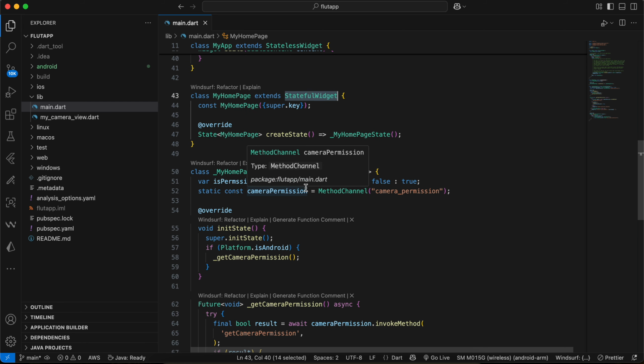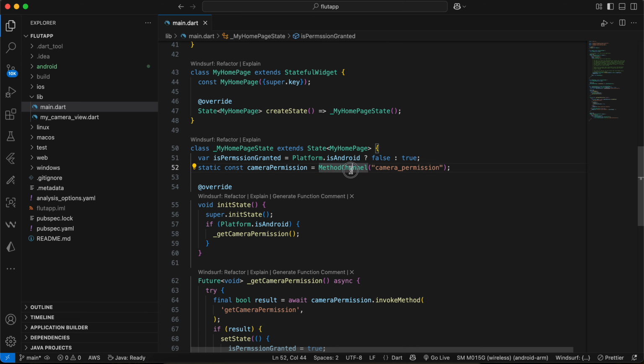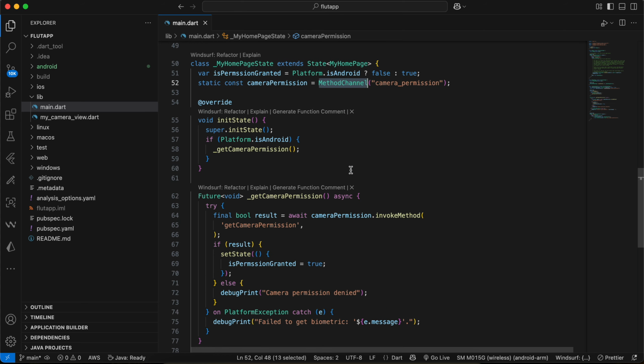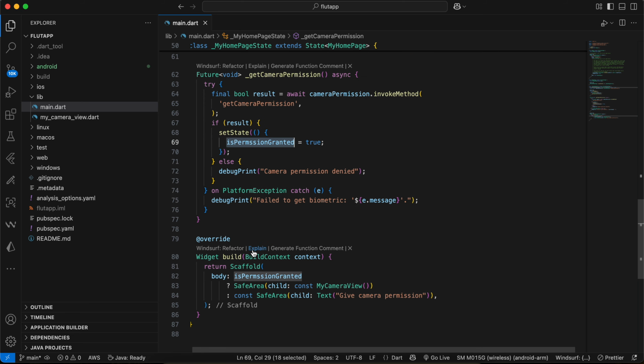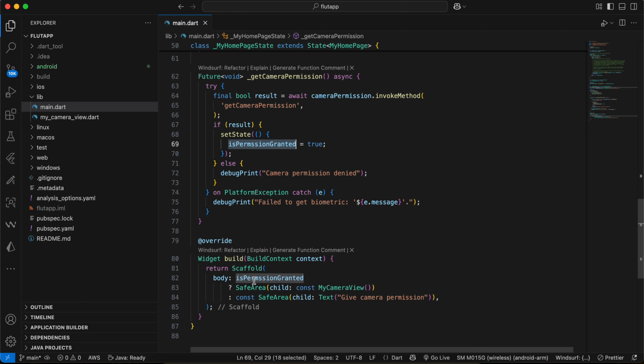If platform is Android, then only we care about it, so that's why it is false at the start. Then here we have defined a method channel for camera permission. Then inside initState, if platform is Android, then we just call the getCameraPermission method. Inside getCameraPermission we invoke a method called getCameraPermission. And here if it is true, then we just set this variable as true. Then inside build we have defined a scaffold. If isPermissionGranted, then we show our camera preview,